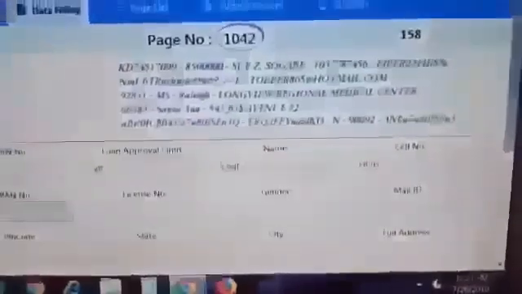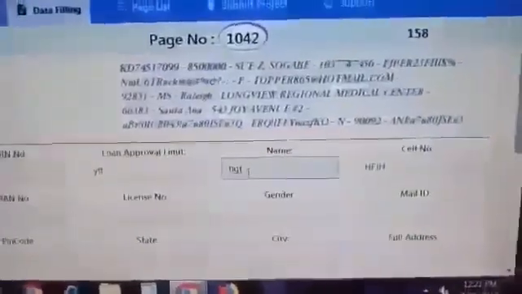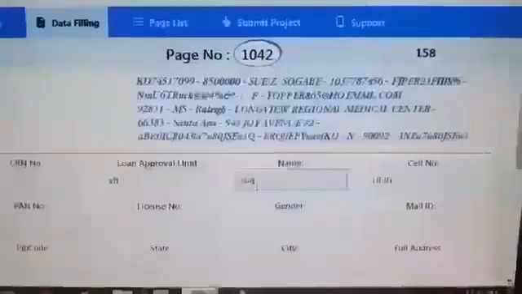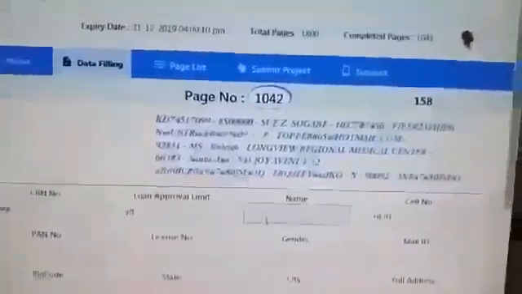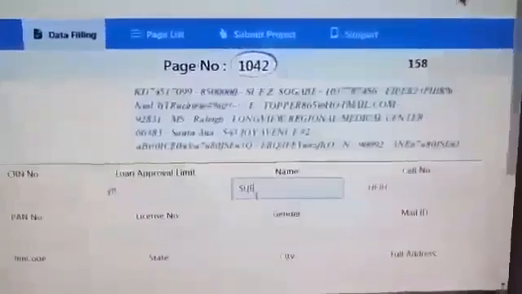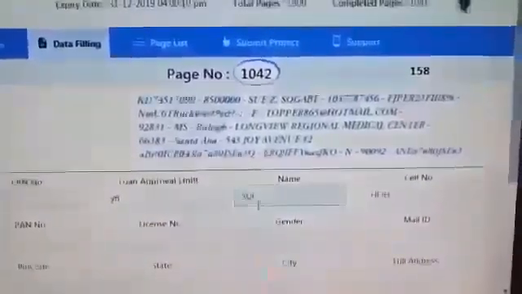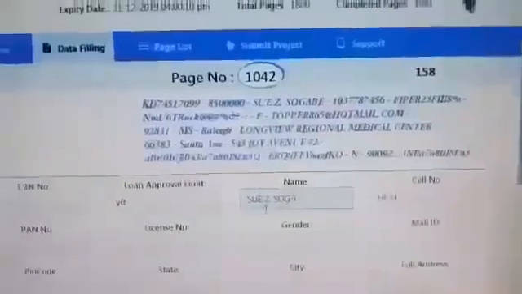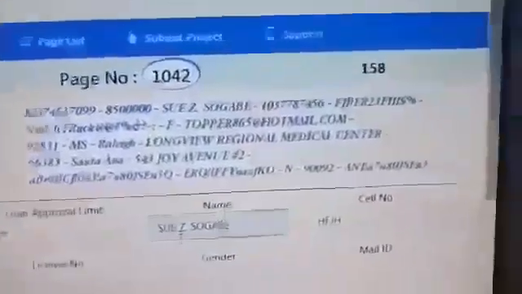After that you need to change your tab. It's like that. Where a space is written, you need to write a space. Where it is a single space, you need to put a single space. Where it is a capital, you need to put a capital. Okay ma'am, as it is, you need to write only. Like that you need to type it.